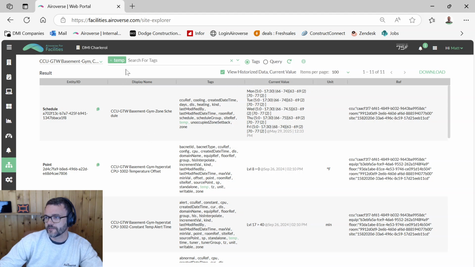But yeah, once you learn to use this tool and use the tagging, you can really become a master at some of those other tools that we'll cover in other